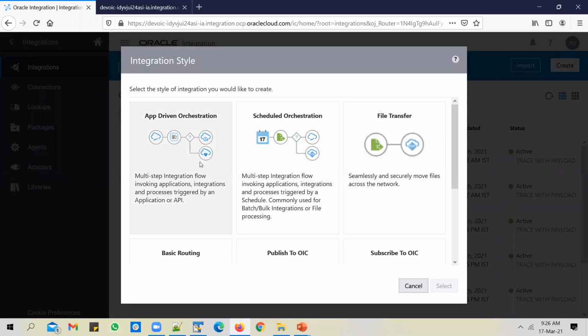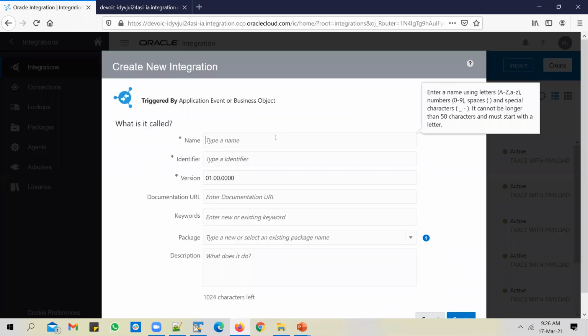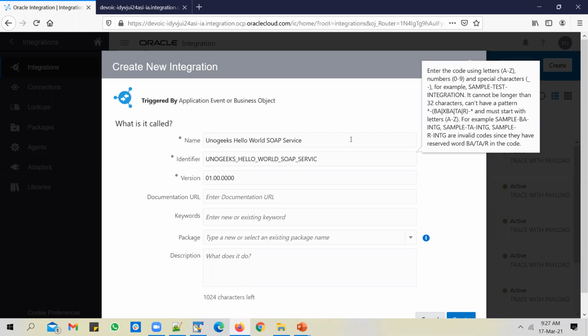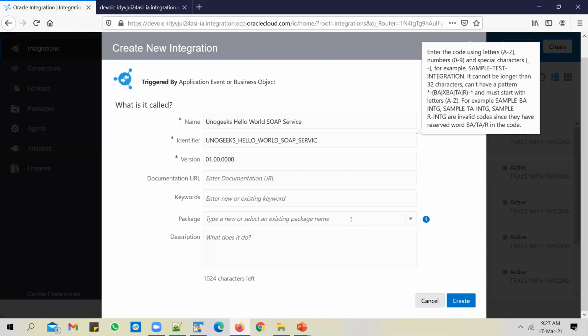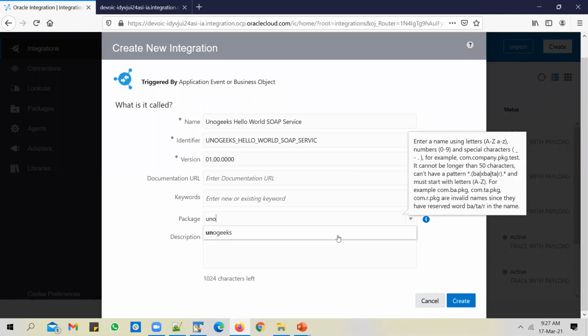Create the integration, use app-driven orchestration style. Name it Hello World SOAP service, and put it in the Gigs package.